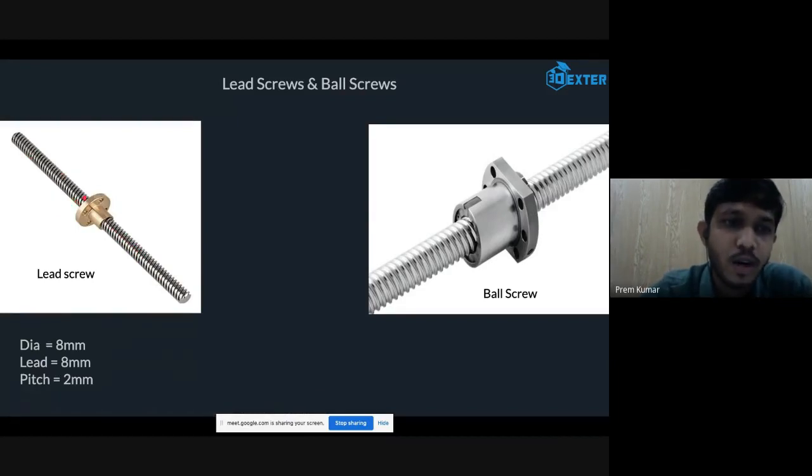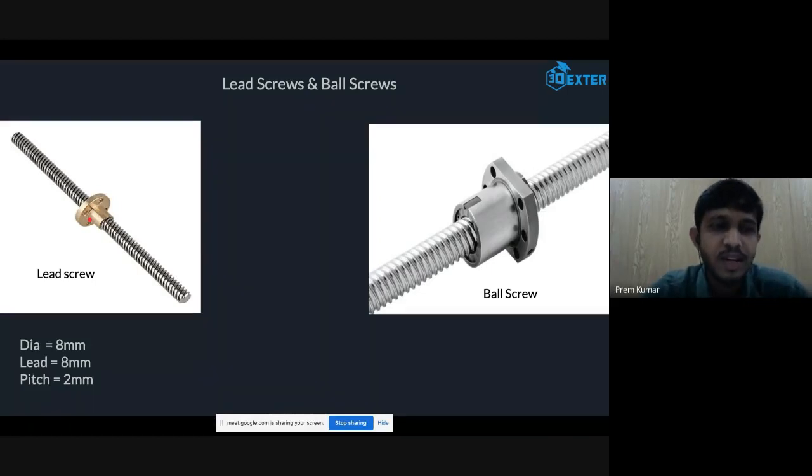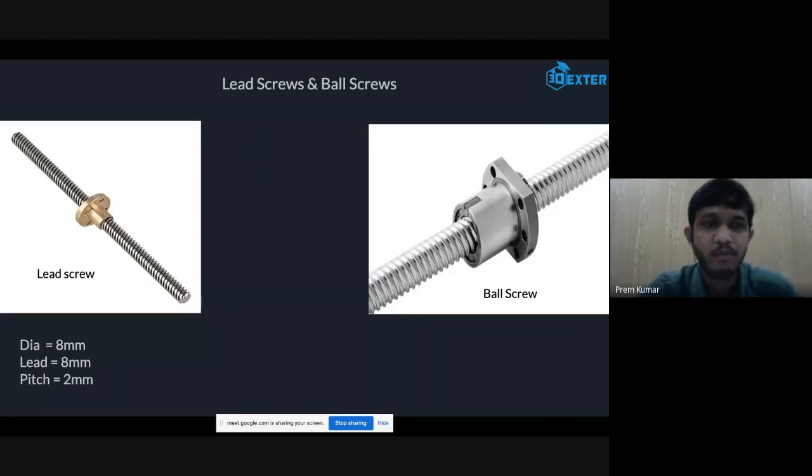If you go for a 2-start lead screw and the pitch is 2, it will make a 4 mm lead. So the lead and pitch are both different. You need to consider these factors when you are going to buy a lead screw for your mechanism. Let us suppose that you are making a build platform which moves up and down, just like the Core XY that we have seen, a box type of printer where the build plate moves up and down.